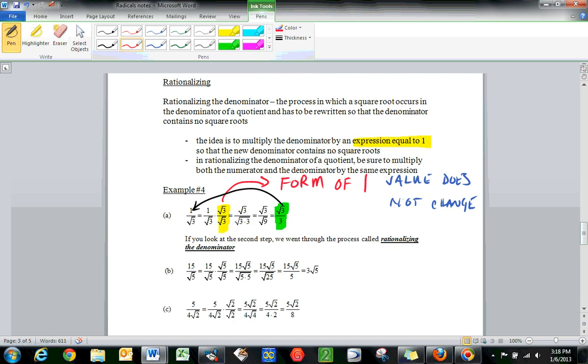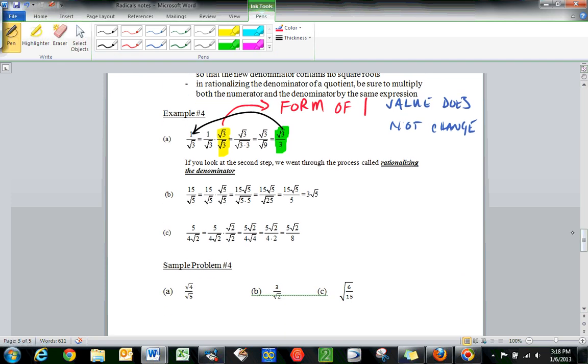Now, in many cases, once you rationalize the denominator, you still have a little bit of work left to do. So if we look at set B, we've rationalized the denominator right here with the square root of 5 over the square root of 5, and then upon finishing this, we still have a 15 and a 5